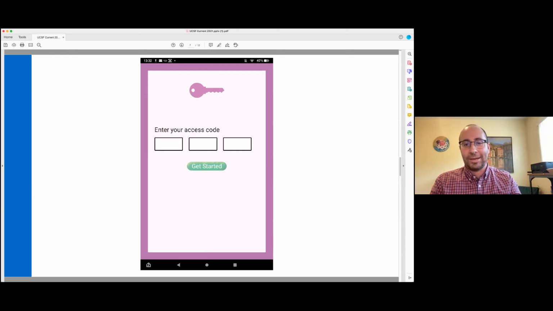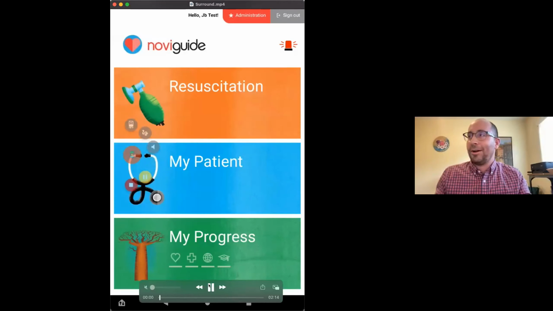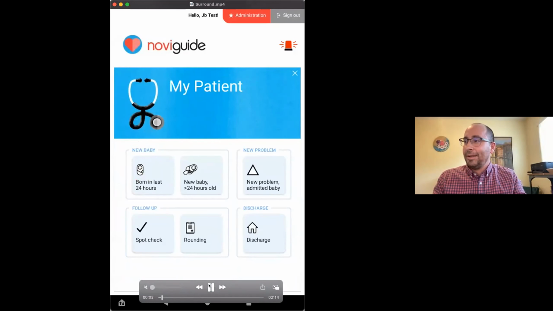I want to show you what that means by showing you a little bit of the back end. Okay, let's imagine that we just put in our code and we are using the NoviGuide. This looks exactly like what I showed you, where nurses are putting in data. But I'm now going to focus on this red button up here, which is administration.